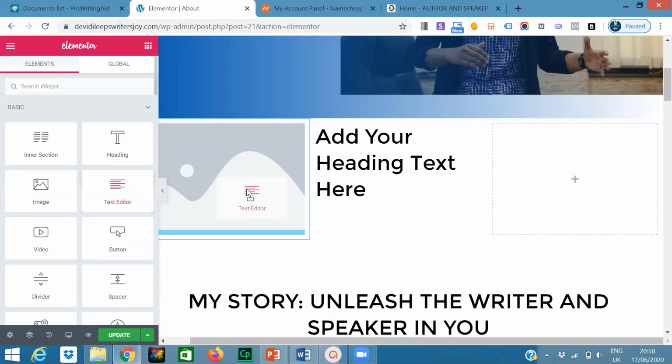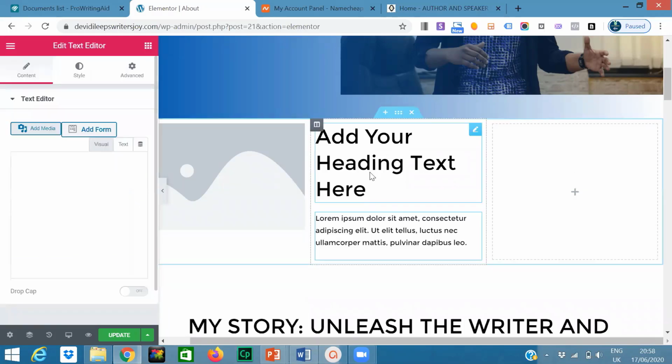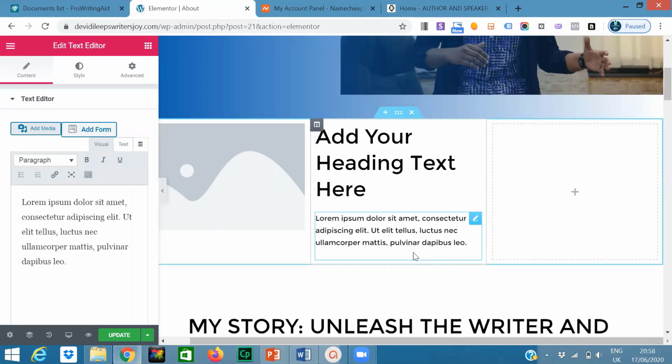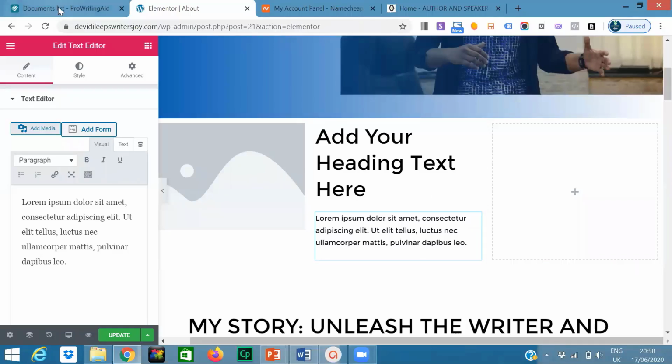Just drag and drop that one there. Okay, see, you could add two sections. One is a header section and one is a text. So if you want to show something in the image here, you want to put some header and explain something, all these things get fit inside that particular box. Okay, so go back to the menu item again.